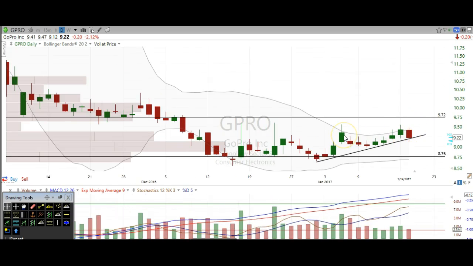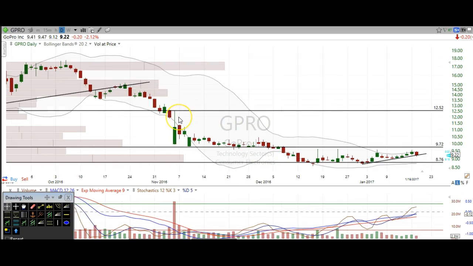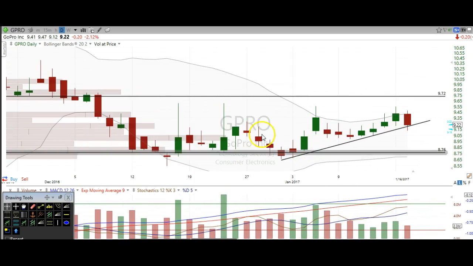Overall, though, if we do get any dips down to about 875 here, that's a buying opportunity. I think that we're going to at least test up here near 972. You can see we've got big support here, broke below that, so now it's going to be big resistance. You can see we almost tested it a few times here, but we haven't quite really tested it just yet. And I think that this is the time that we're going to be doing it. You can see all these breakouts kind of failed, okay, but this one you can see we popped nicely on some pretty decent volume right here,